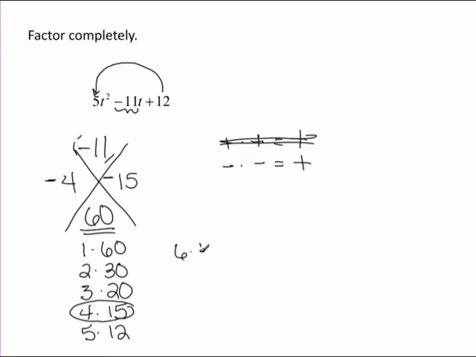It's going to be 6 times 10, and from 6 and 10 I can't get a combination that's going to give me 11 or negative 11. So I've already gone through all of the factors, and there's no combination that, if I add them together, I'm going to get a negative 11, and if I multiply them together, I'm going to get a positive 60. So when you can't find a combination that's going to work, then that means this